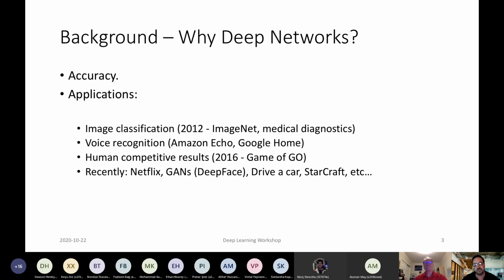And then in 2012, the big breakthrough was in image classification. On the ImageNet set, a network called AlexNet, which is a convolutional neural net that we'll be talking about in the next deck, brought the ImageNet error rate, which had stood for years, down to around 15%, so an amazing result around 2012 for neural nets.